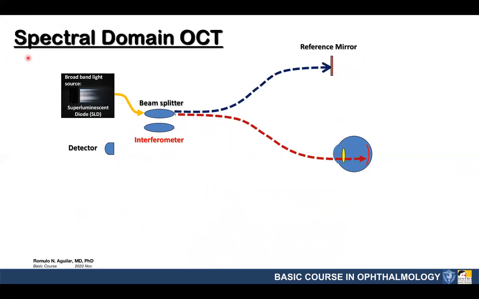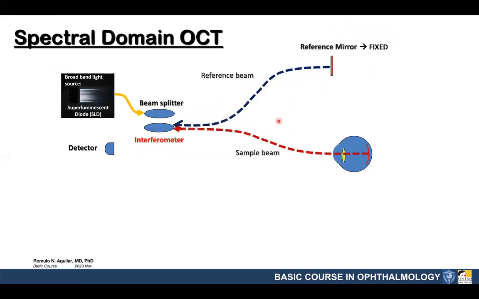When we go to the spectral domain OCT, what changed? Well, you still have the broadband light source, beam splitter, reference and sample arms, but here they fixed the reference mirror. The reference mirror is fixed. You again have the sample and reference arms going to an interferometer. The interferometer will give you an interferogram and passed on now not to a simple detector, but to what is